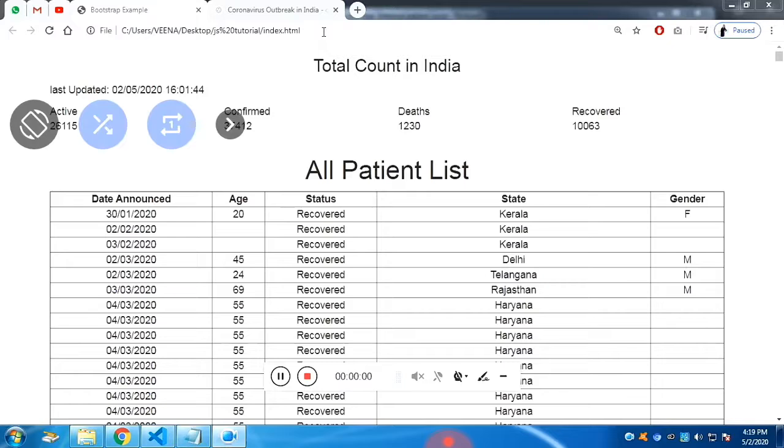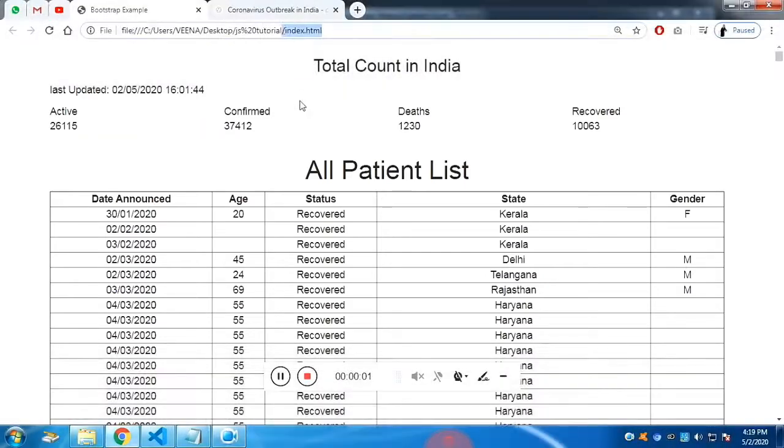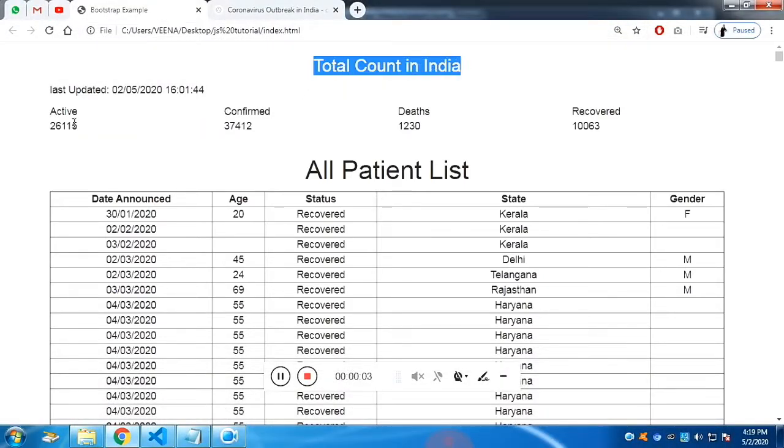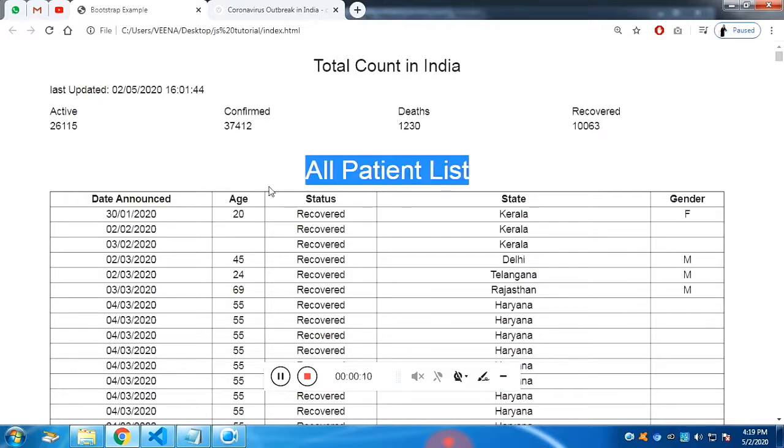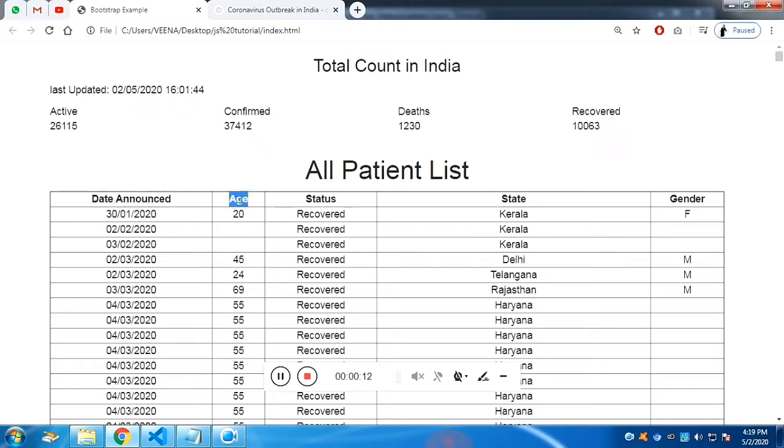We'll see. Fine. This is a JavaScript tutorial. You'll get the source code in the description, and these details are purely the Indian details. You can see the patient list and date announced, the age of the patient, the status, the state of the patient, and the gender, whether male or female. These are getting fetched from the API,